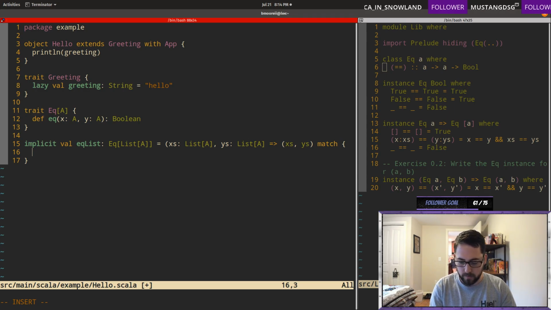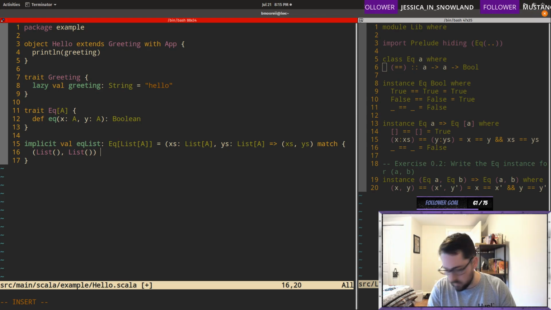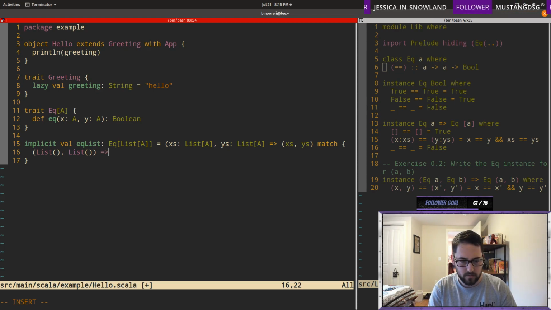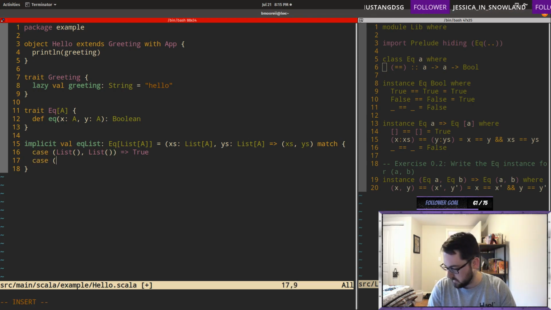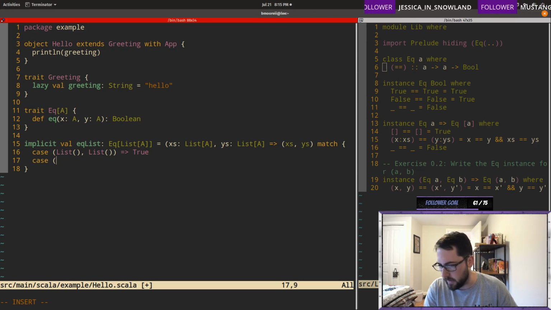Okay, so how do we represent an empty list? Like this, maybe? Oh, and there's a case. My gosh, there's so much syntax. I don't know how to do this.